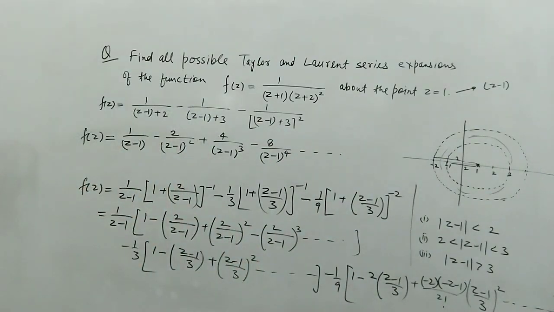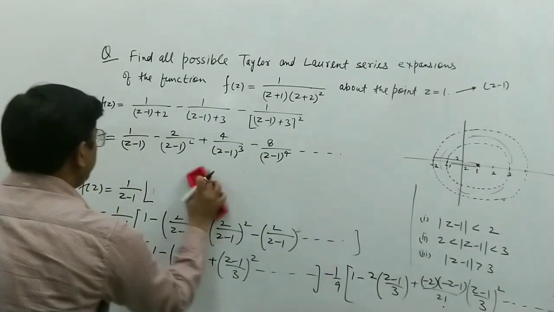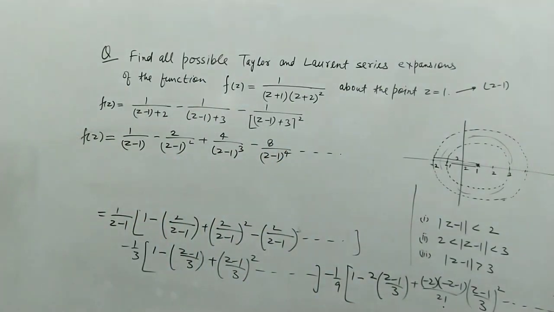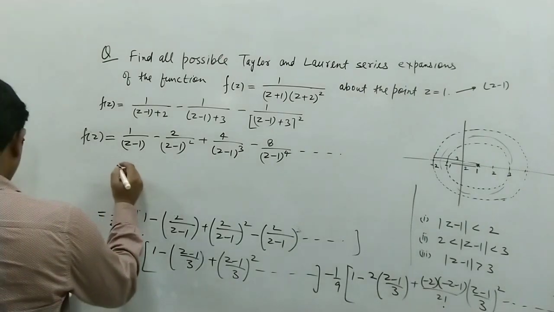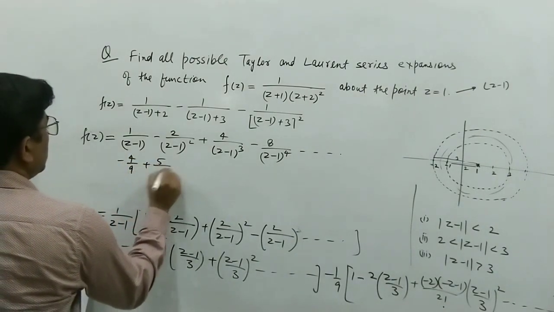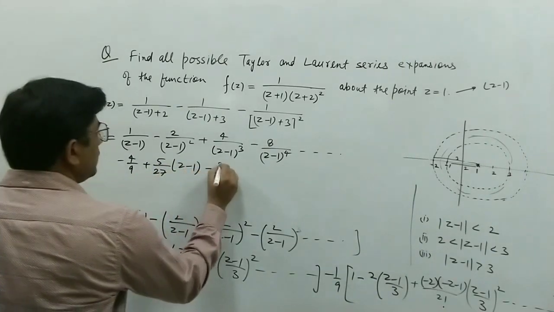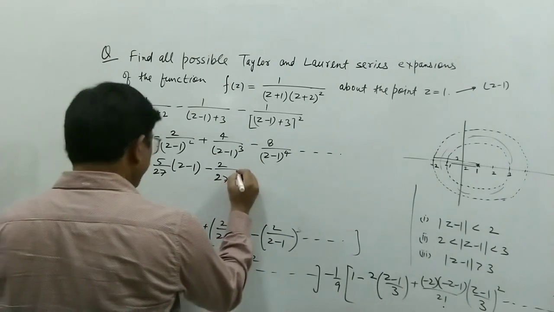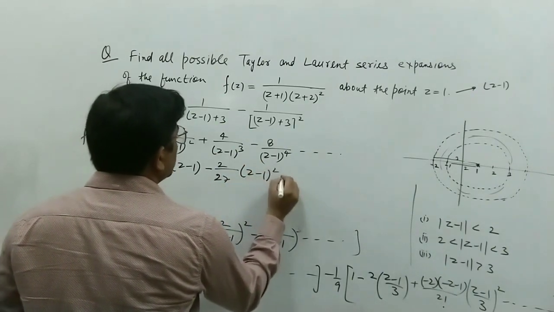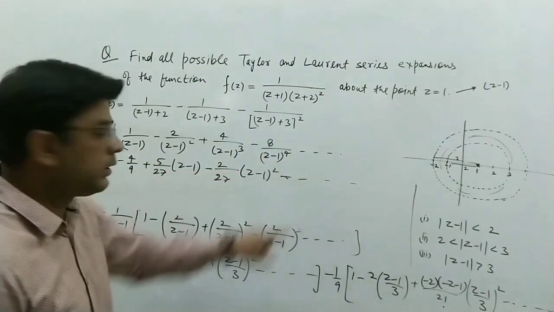Okay, and some more terms are there. Minus 4 upon 9 plus 5 by 27 into z minus 1 minus 2 by 27 into z minus 1 square and so on. Okay, so here we can see that we have some negative powers of z minus 1, this is